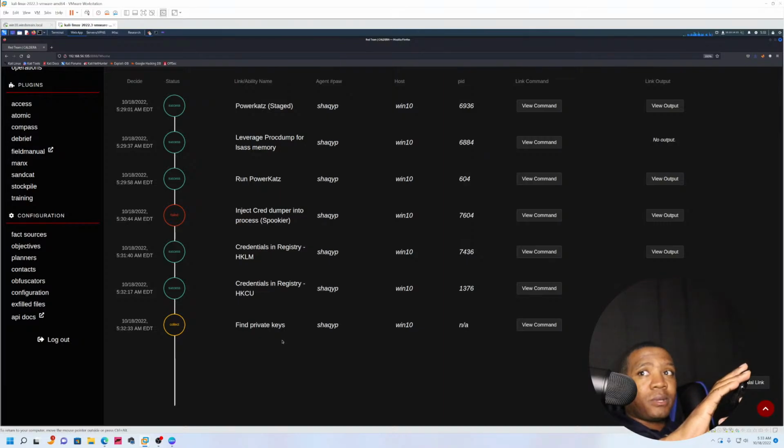Not necessarily pen testing. I'm not under the impression that pen testing and threat emulation are the same. I hear people talk about it at work all the time. They say, well, I'm in threat emulation, so I should be good when I go for a pen testing job, or vice versa. I've done pen testing for X amount of years, so I should be good in threat emulation. No,